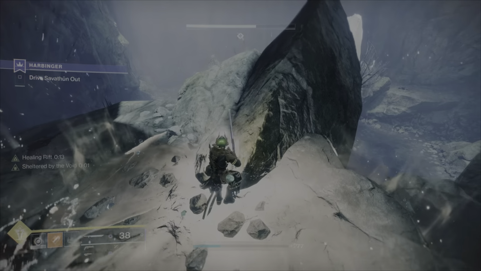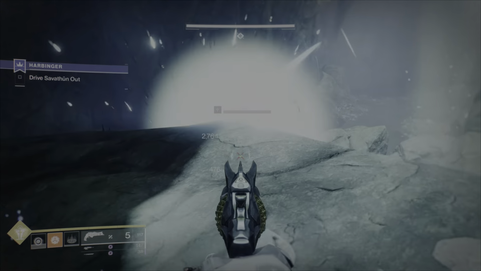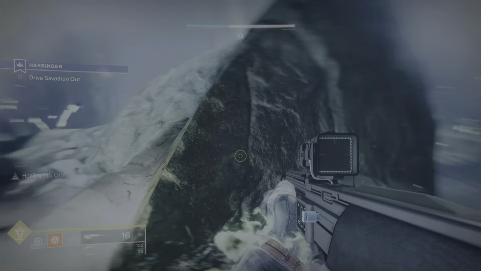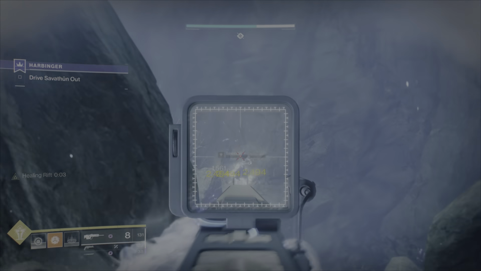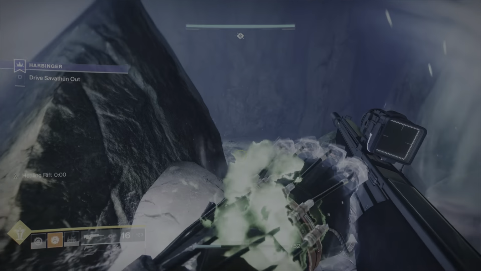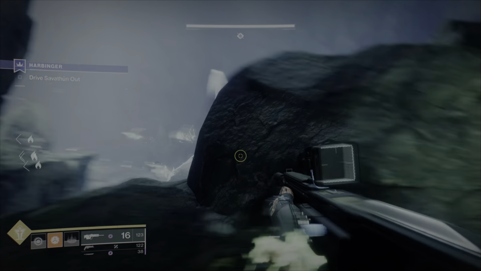Okay, get a rift. Heal myself a little bit. And then slowly take out the acolytes that are on the side near you. Make sure those are done, because they won't respawn anymore once you take out the knights. So that's basically it. You're gonna go to each side, take out knights, and then go to